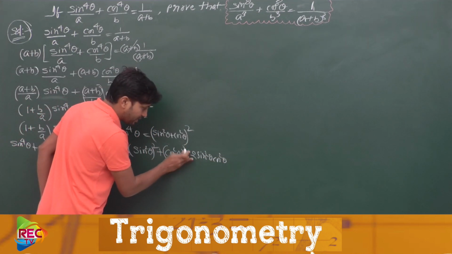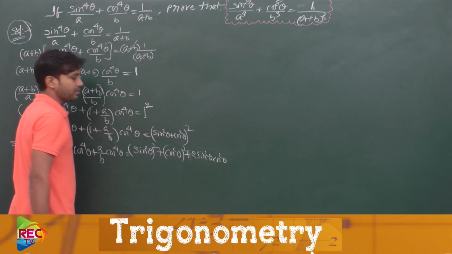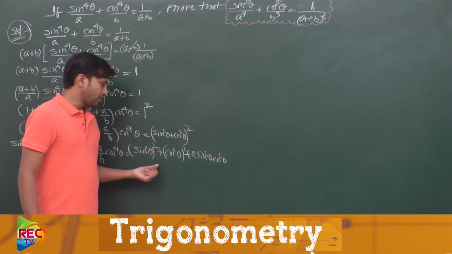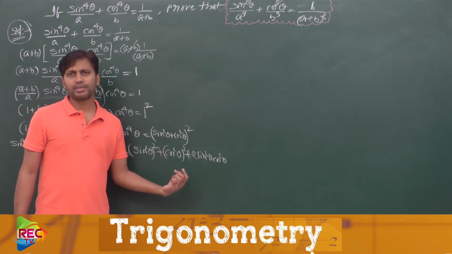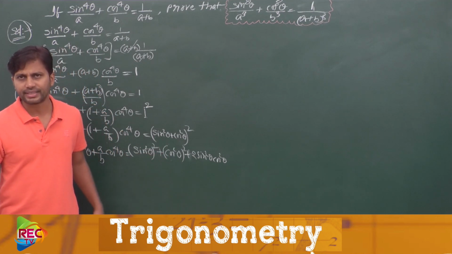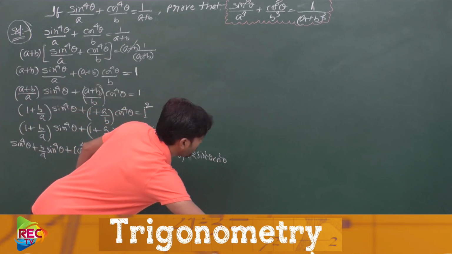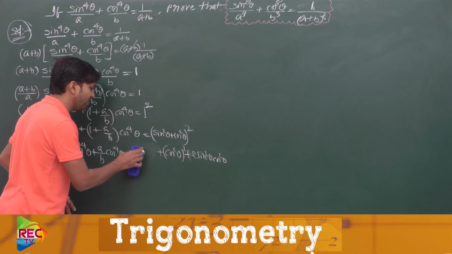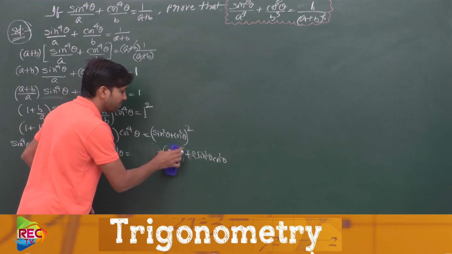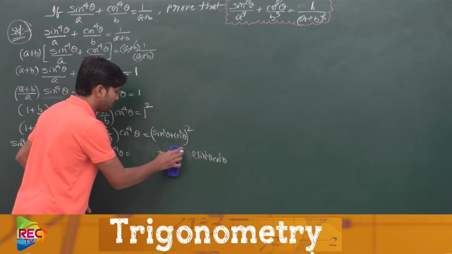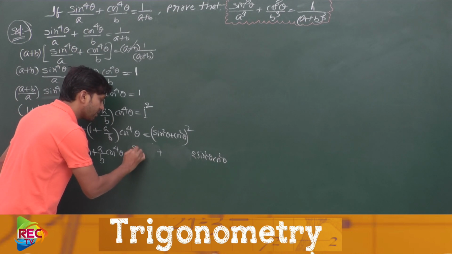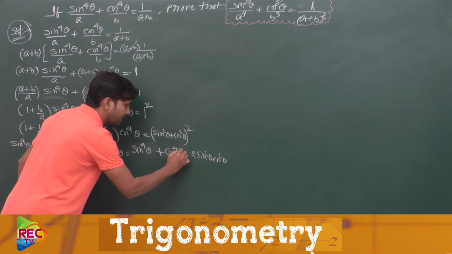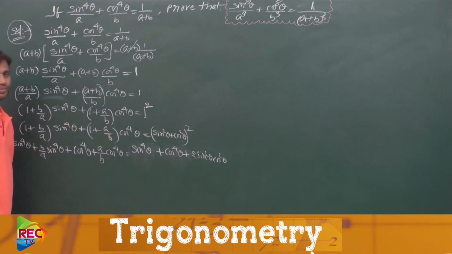Just see here, the plus symbol is there in between. And one more thing I want to tell you: (sin²θ) whole squared and (cos²θ) whole squared can be written as sin⁴θ plus cos⁴θ, by the power of a power property. So I will write that here only. Why write another step? This I am writing as sin⁴θ, and this as cos⁴θ, plus 2 sin²θ cos²θ.